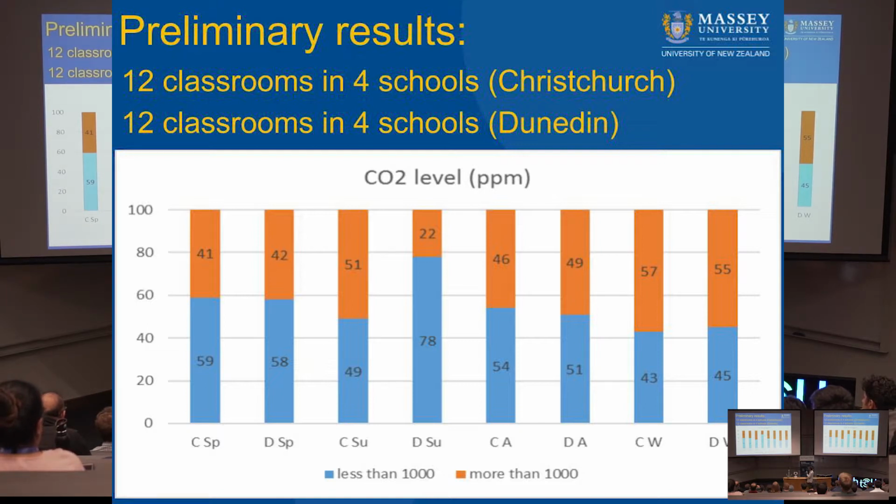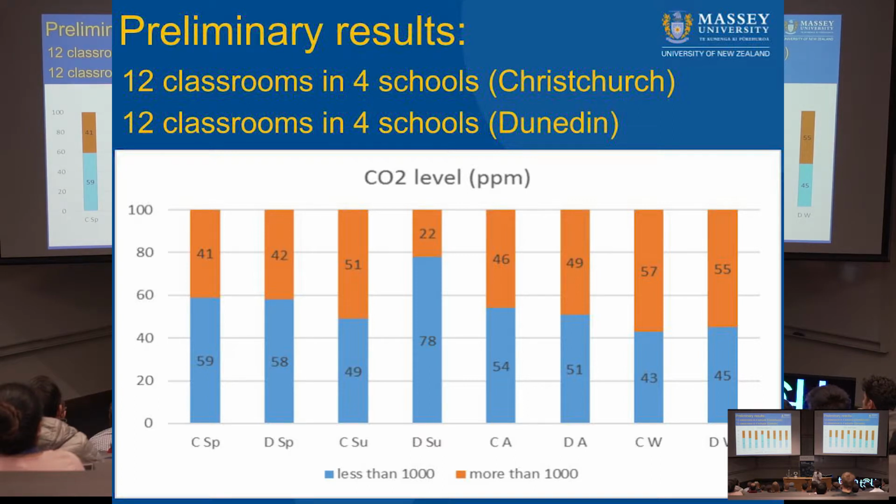So what we've got here, we've got 12 classrooms in 4 schools in Christchurch, which is C for Christchurch, and 12 classrooms in 4 schools in Dunedin, where you got the D. So what is the SP? SP is for spring, SU is for summer, A is for autumn, and W is for winter. So you've got here the Christchurch spring, Dunedin spring, Christchurch summer, Dunedin summer, and you keep going until Christchurch